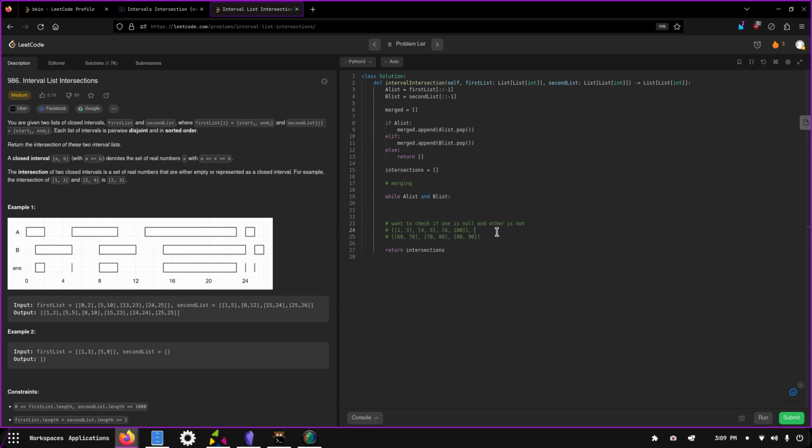We're going to go through the entirety of A before we get to B, and we can see that B all merges with this one value right here. So A will be null, and then we still need to merge all of these with it, and we have intersections that are